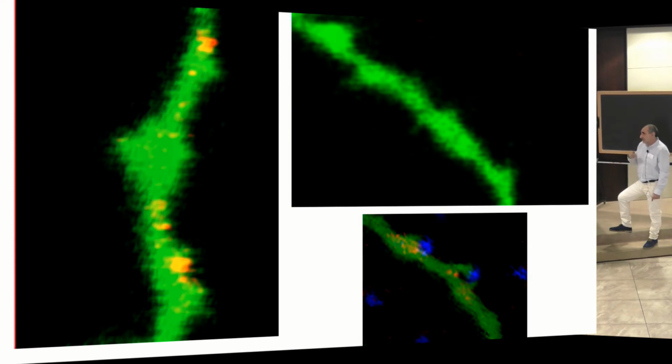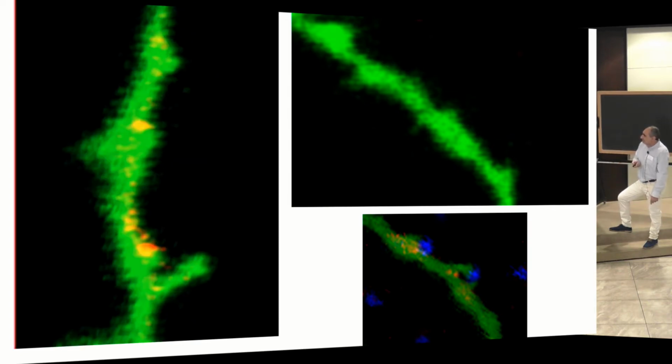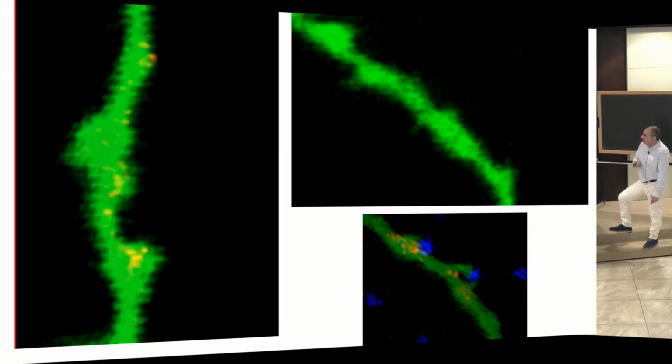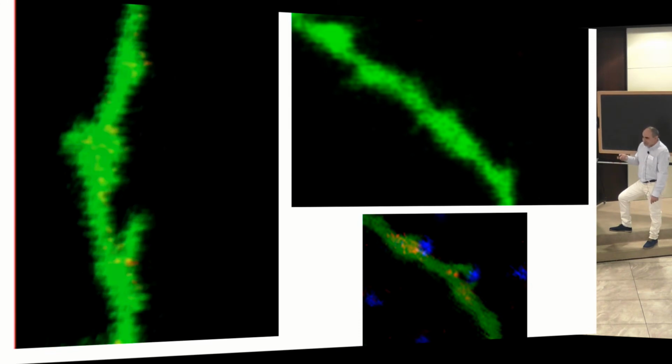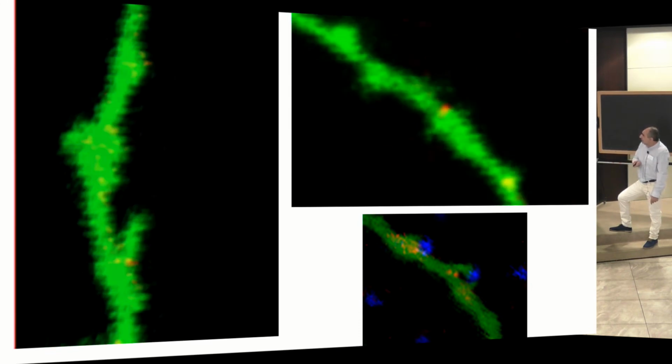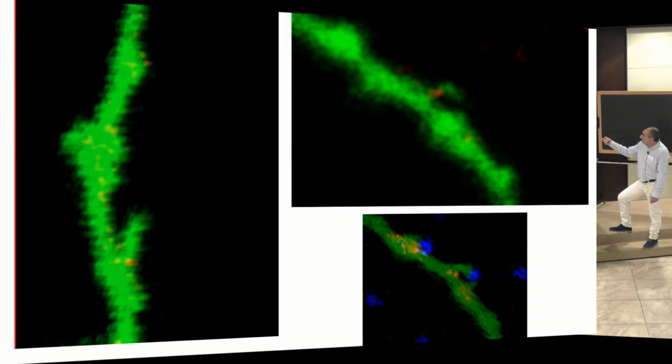Okay, and now do we have some clear evidence for ORI and new spine appearance? So I will simply show you several movies. In this case, you will see for yourself some association between red dots and new spine appearance. And this is a very nice example, I think, because it creates a real spine with a nice head.